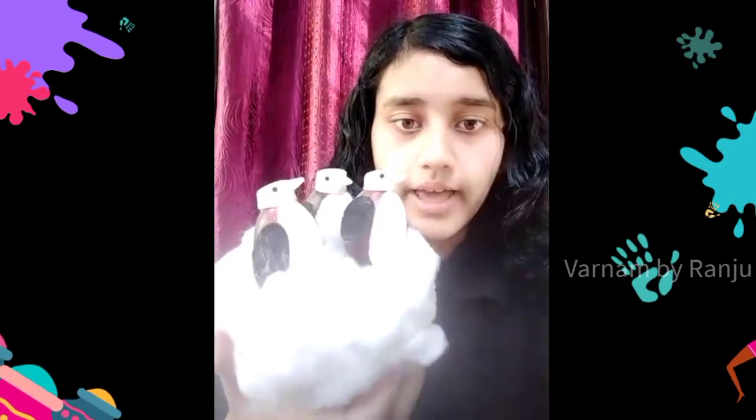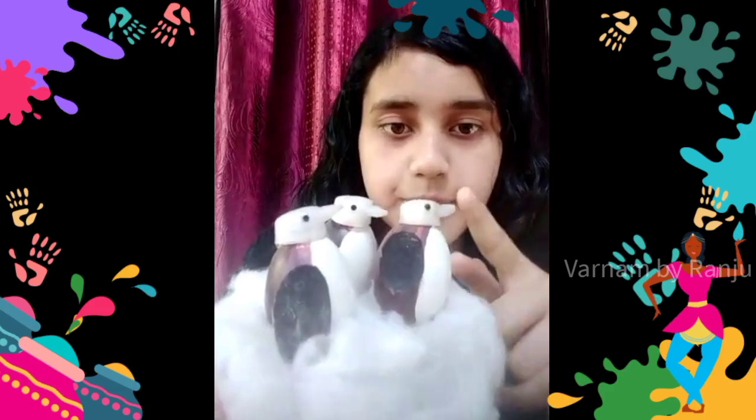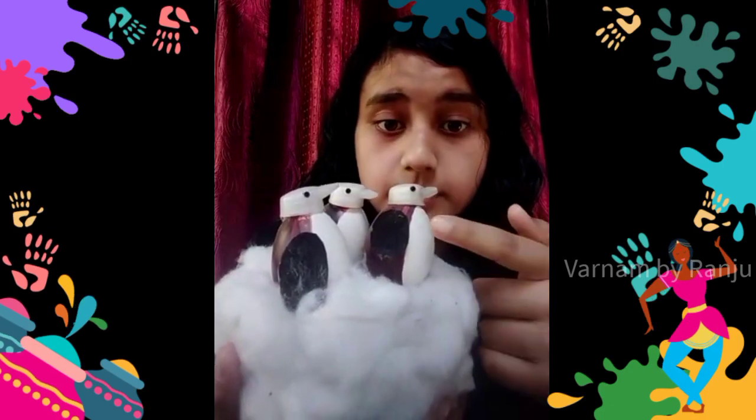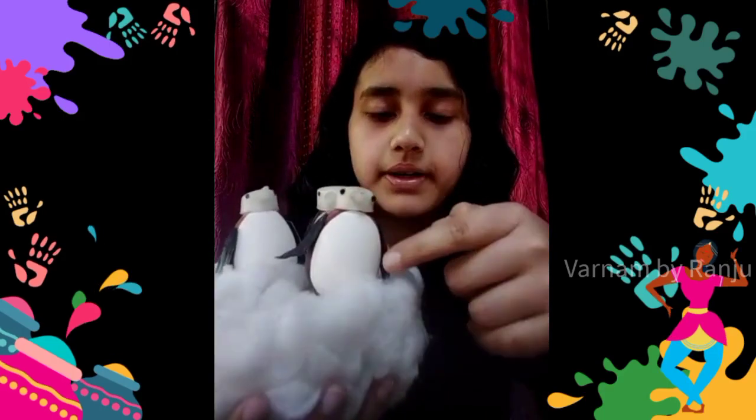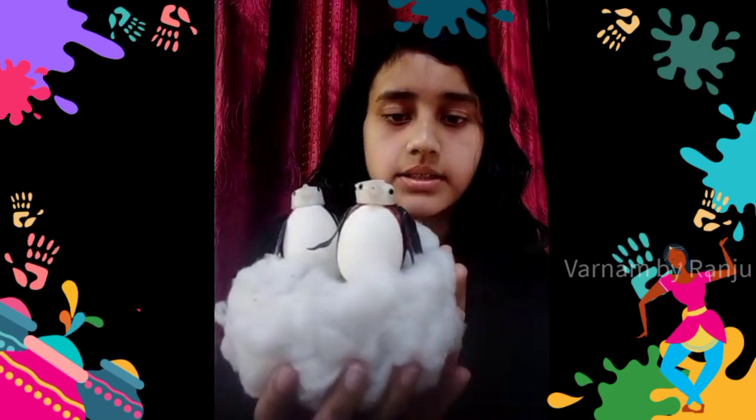I am Ms. Sagarika Saha of class 8. So I have prepared a best out of waste model. So I have prepared a model of penguins, and these are looking like the penguins are standing on the ice or some snowy surface. So the bodies of the penguins are made with raw eggshells, and the heads of the penguins are made with the caps of a medicine bottle, and the eyes are made with the bindis which Indian women wear. And I have prepared the wings of the penguins with black velvet paper, and I have used